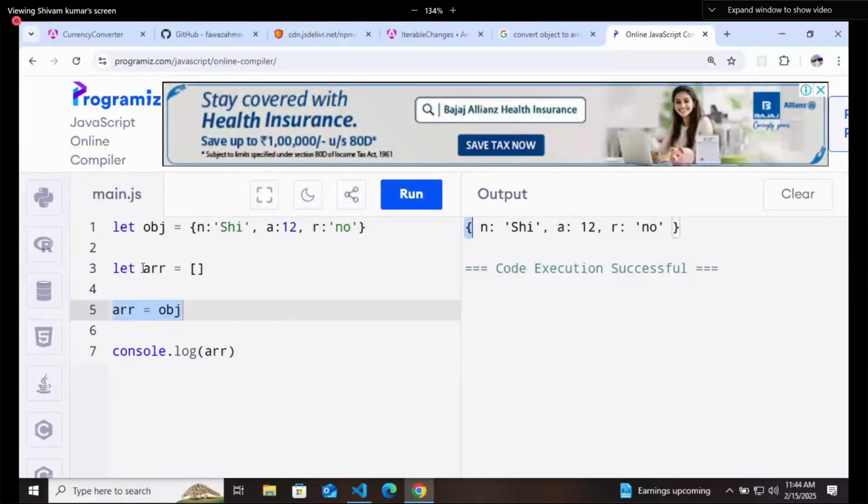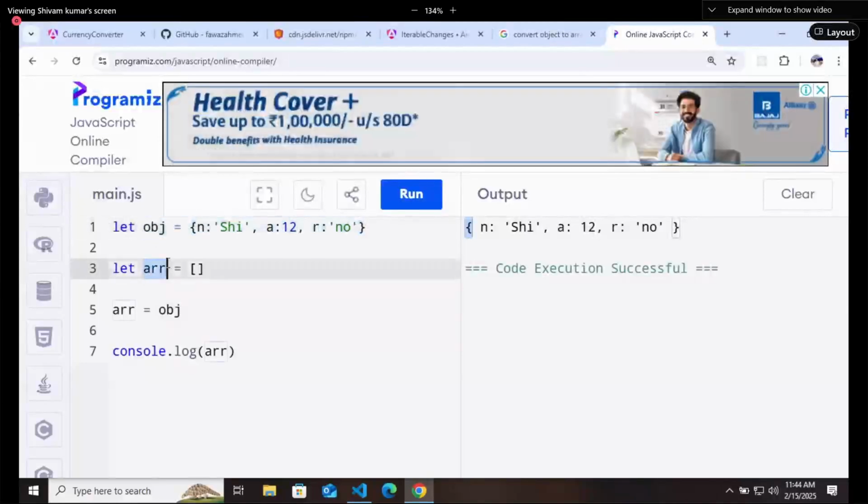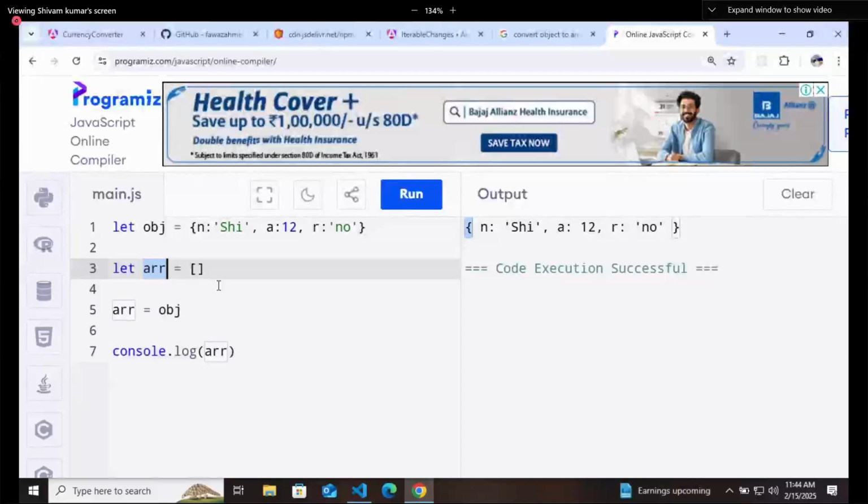Here we are declaring an object first, and here we are having an array. So to this array, I will simply say that this array will take its value from Object dot keys of obj. Something like that I will say.